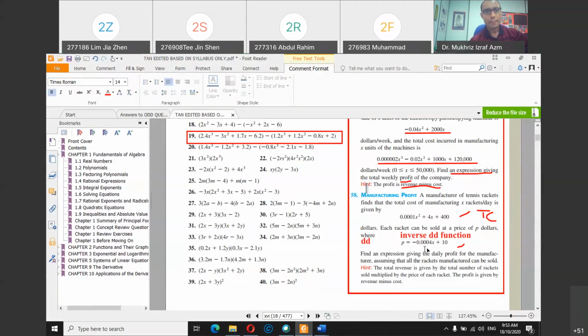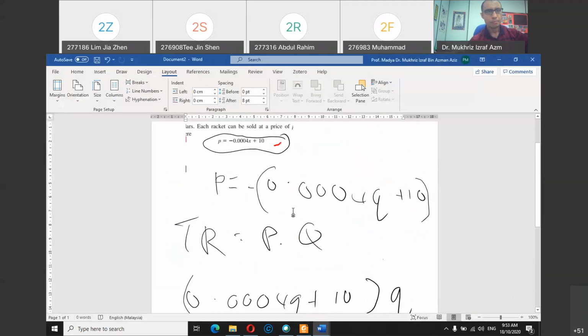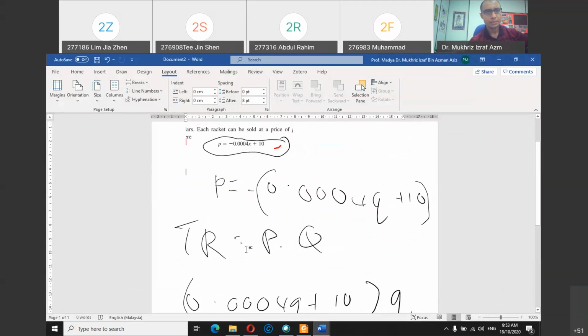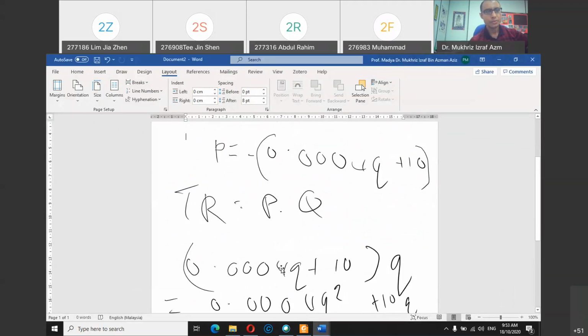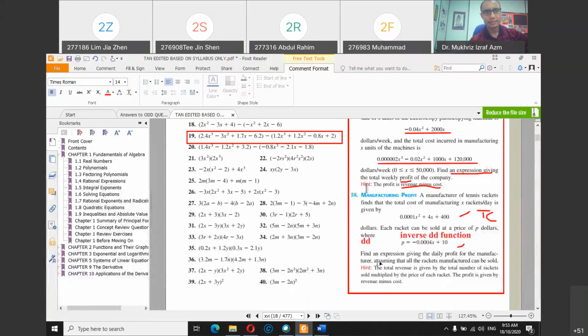So as I showed just now, P multiplied by Q, so you get negative 0.004Q, or X, plus 10 multiplied by Q, so you should get 0.004Q squared plus 10Q. Okay, so I showed you how to get the TR. So TR minus TC,